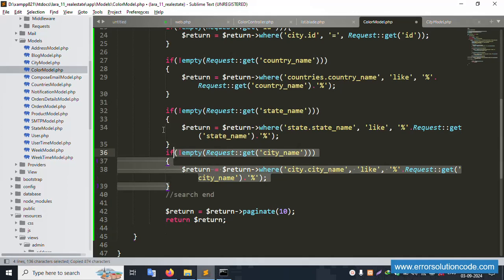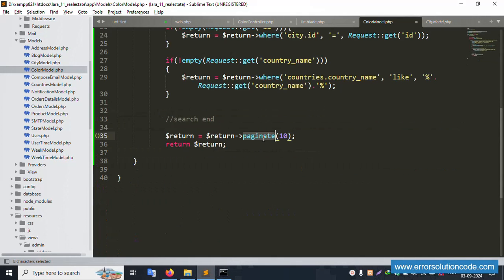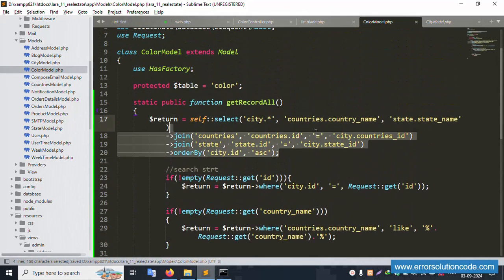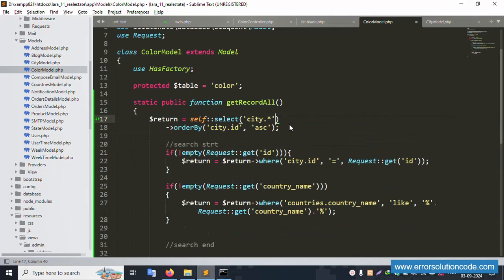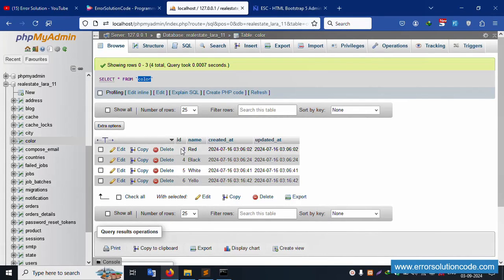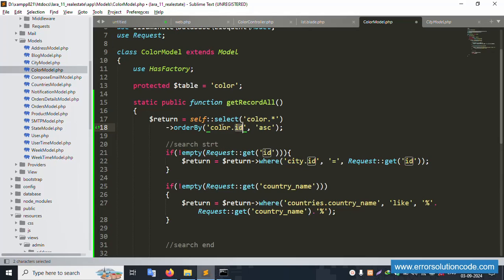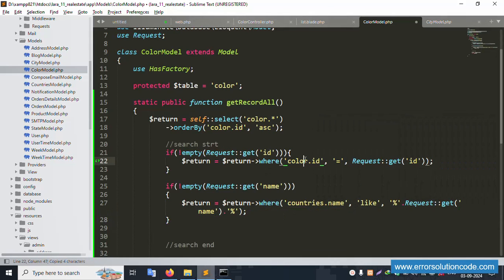Wait, this extra is a remove, this not use, this remove get, this remove not use, and this is not a use. Successfully implementation. First of all, this color name is a set color name, this id is available. Next is a name, this id is a color table id is available. Next is a name, this table name is a color